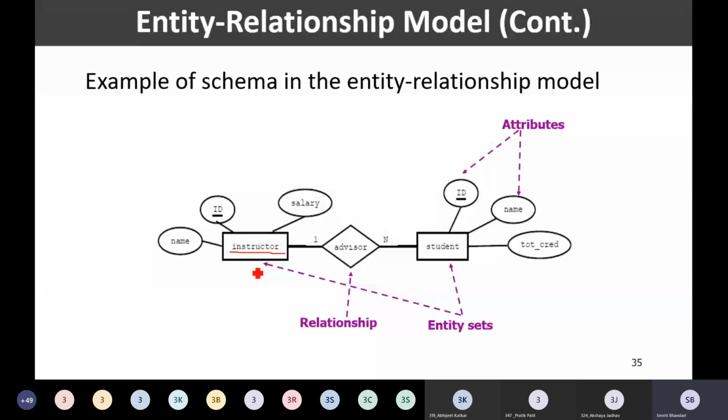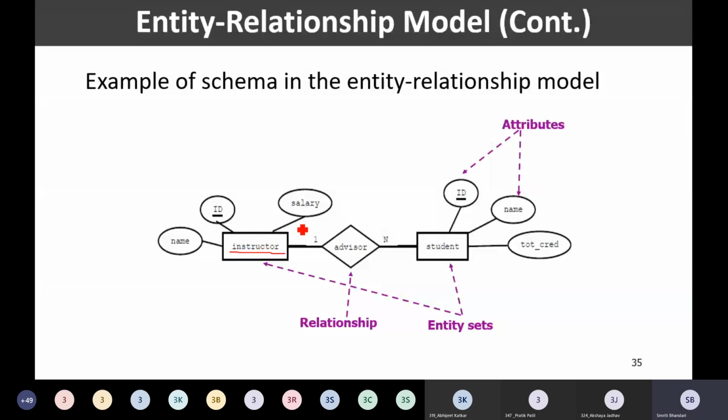We have depicted this entity instructor, or rather this is entity set instructor, because we are going to store many records into this entity set. So the entity set is represented using a rectangle, and the attributes are denoted using the ovals.